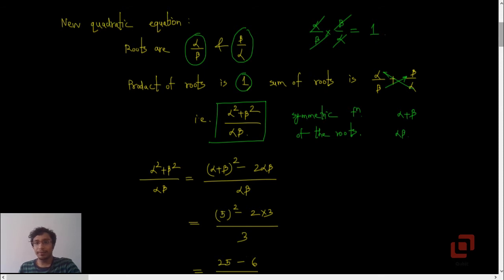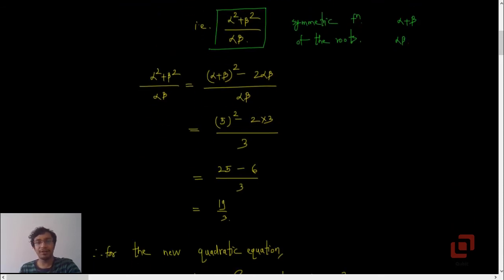So to do that, we make the following modifications in the numerator. We write alpha squared plus beta squared as alpha plus beta bracket squared minus 2 alpha beta. Okay, you can easily check that. This is basically a plus b the whole squared.